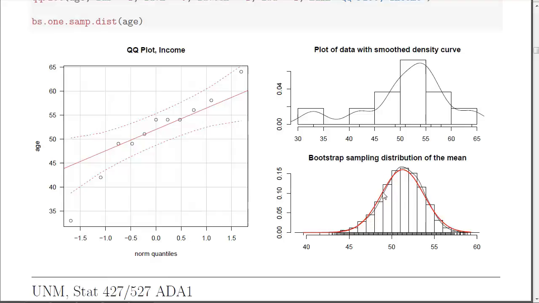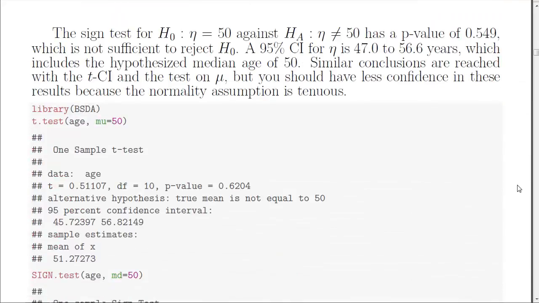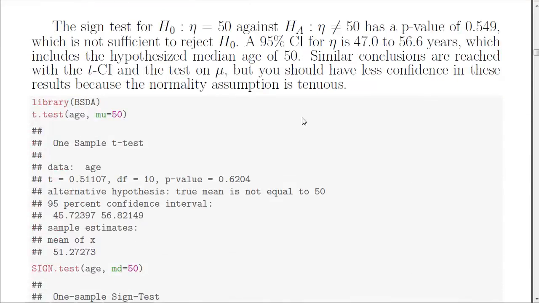This may not be that troubling in terms of doing analysis and trusting the tails of this distribution, but this is one of those cases where we can use an alternative method, the sign test, instead. Okay. So let's perform a test of whether the median equals 50 years old for the average age at first heart transplant. I'm going to scroll down